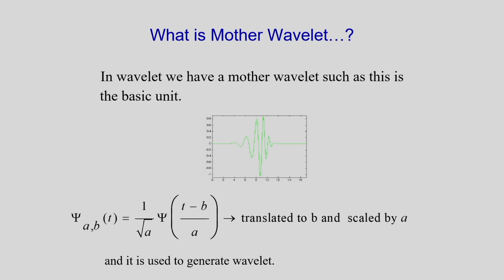And also I discussed the concept of the mother wavelet. Here you can see I am considering one wavelet function, and in this case I have two parameters. One is the scaling parameter, another one is the translation parameter. So a is the scaling parameter and b is the translation parameter. That concept also I have discussed in my last class.